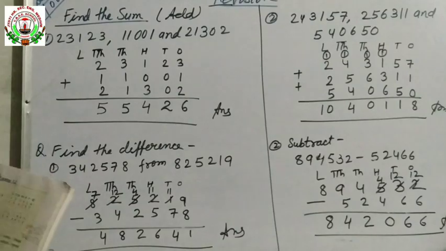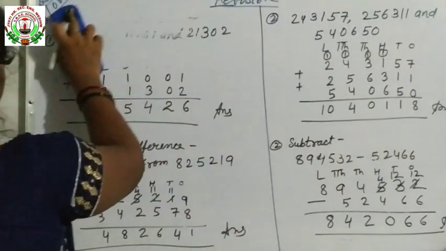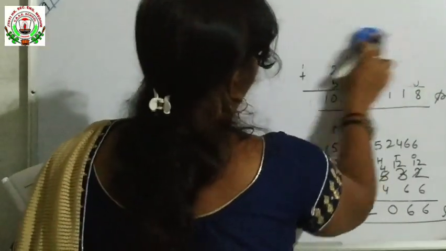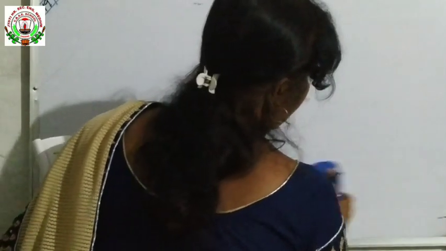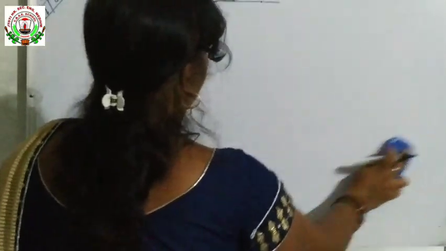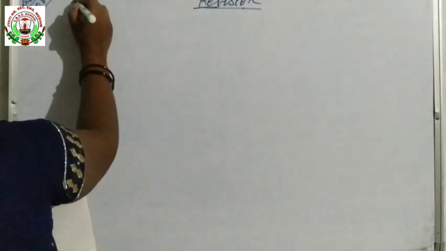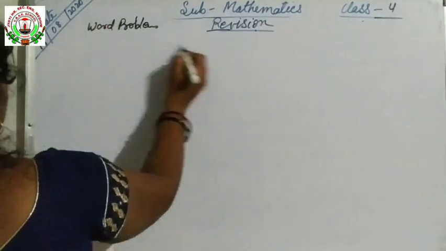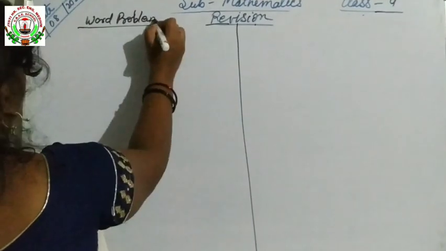So we have completed addition and subtraction. After adding or subtracting in a rough copy or any sheet, you will put the correct answer in your Google form. Understood? Now next, let us see the word problem. Here in the word problem, no need to write the statement. You will only solve and give the answer. One question we will see in word problems of addition and subtraction.